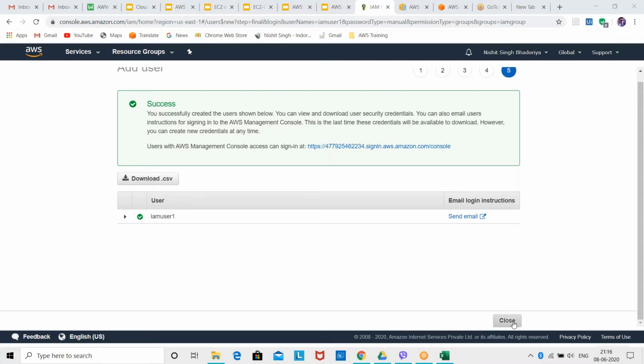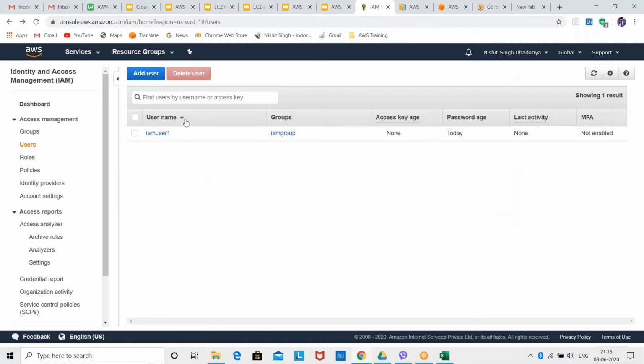Now you can see I've created my user. I have assigned my user to a certain group. I have given management console access, so I don't have any access key. I have a password, created today. Last activity is none, because I have not logged in to this user yet.